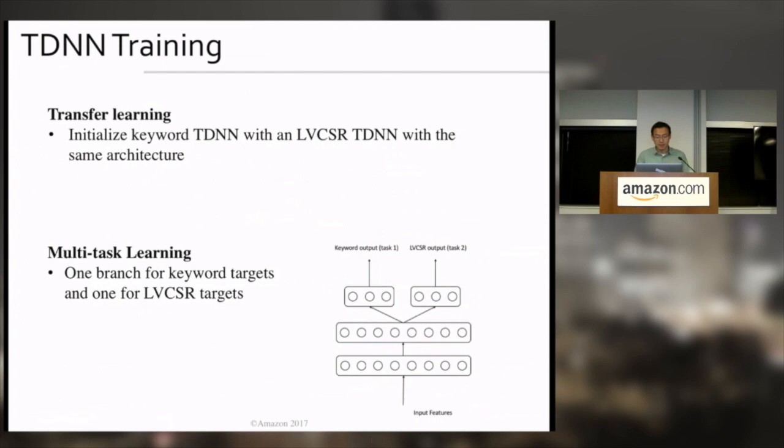Empirically, we have found that it's best to have the last hidden layer be separate for different tasks, with the lower hidden layers shared. As a result, our network has shared lower hidden layers as the feature extractor and has the last separate hidden layer and the output layer for different training tasks.